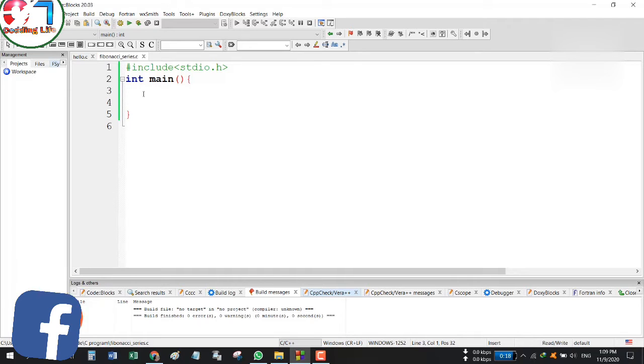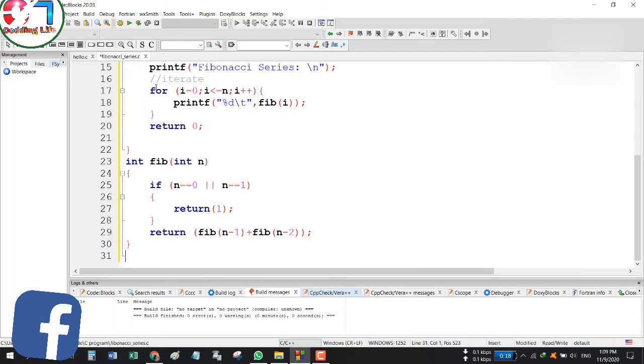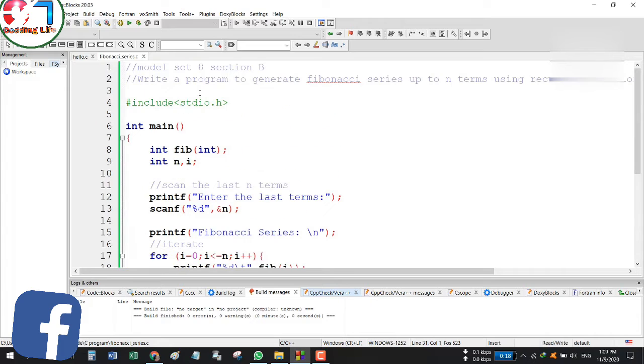So now first I am writing the program to find a Fibonacci series using a recursive function. So let's start it. And this is the code for the Fibonacci series, and this is the C programming code you can see here.